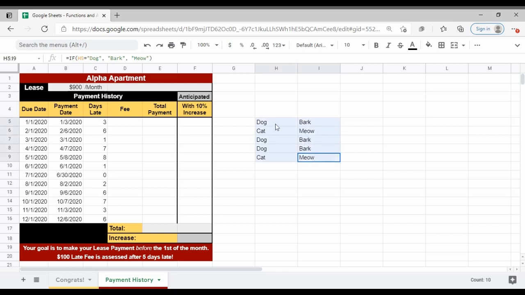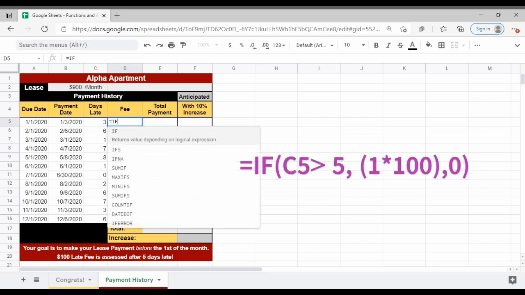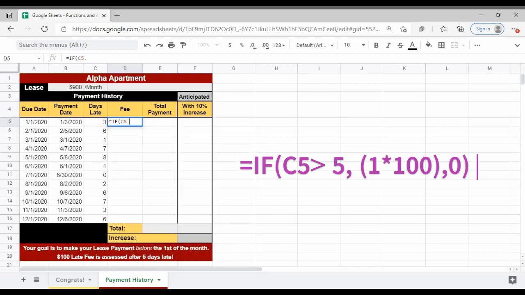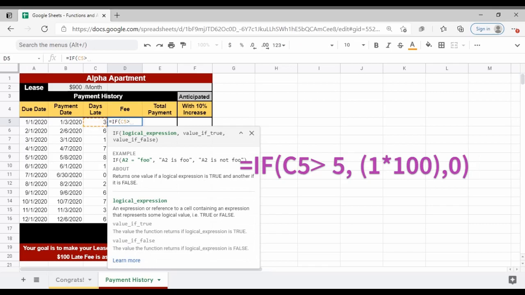Now that might be a fairly generic way to do this. So let's look at something more practical. So we're going to determine if we actually have a fee or not. So just like any other function, I'm going to type equals and then if, so if cell C5 is more than 5, then